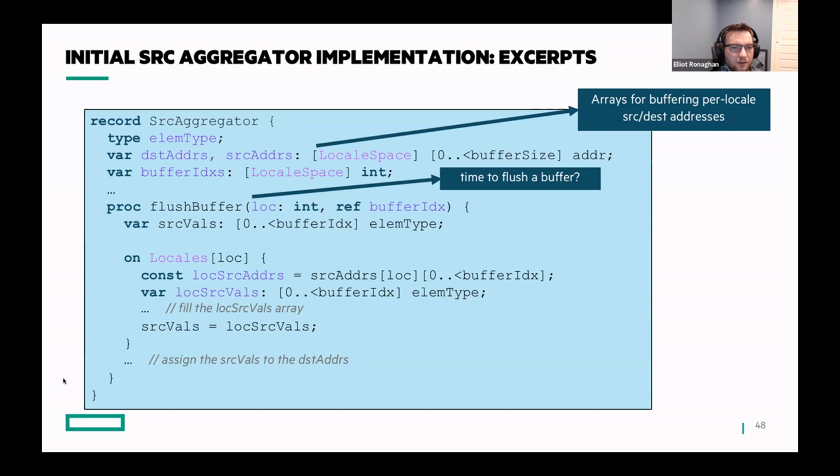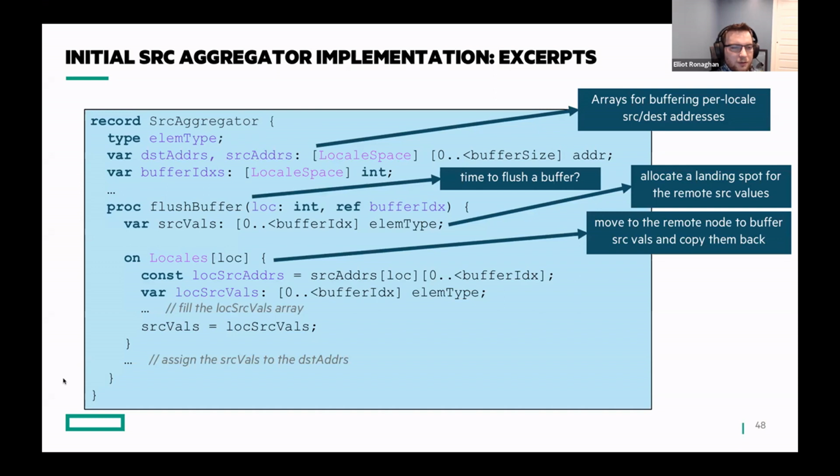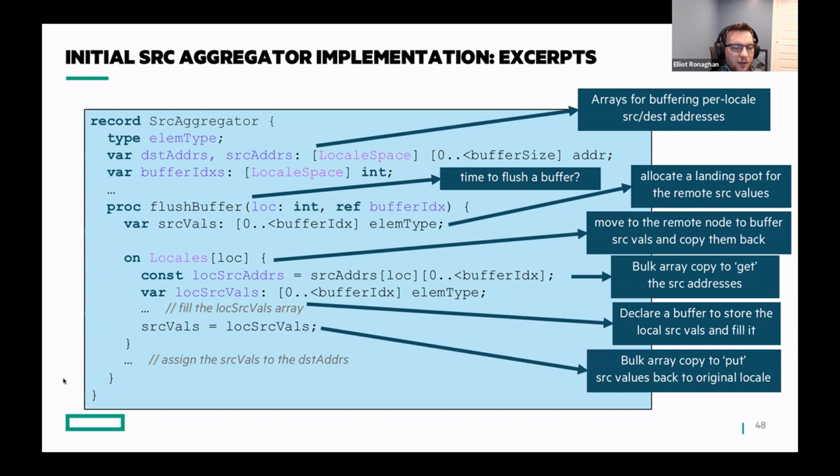And then when it's time to flush, basically when any one of those buffers is full, we're going to come and call this flush routine. And then it's going to allocate a landing spot for the remote source values. We're going to migrate execution over to a remote node. And we're going to do a bulk get of the source addresses. We're going to declare a local array to store the values. And then we'll actually put the values in that array and then do a bulk put back to the original